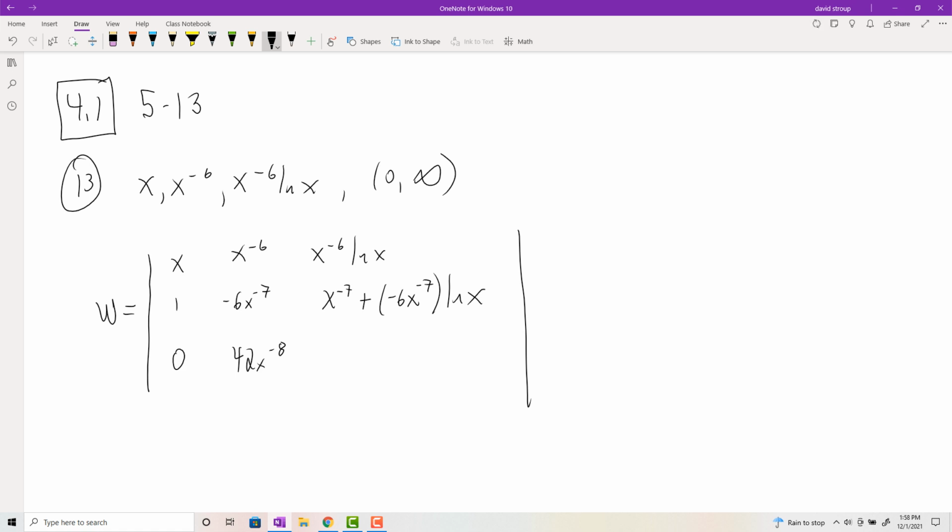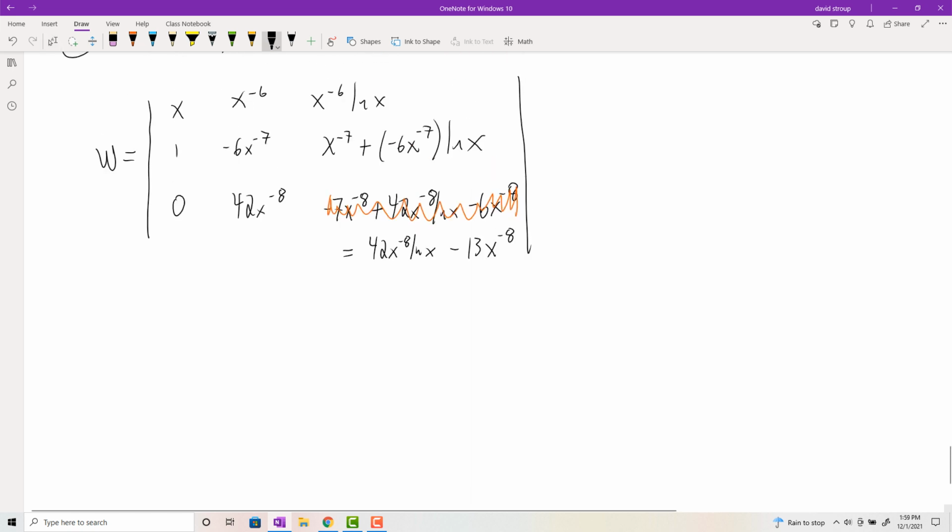And then take the derivative of that. We get negative 7x to the negative 8 plus 42x to the negative 8 ln x, and then minus 6x to the negative 8, and then combine like terms on that guy. And looks like we're getting 42x to the negative 8 ln x minus 13x to the negative 8. Okay, just so I don't make any mistakes, I'm going to kind of scribble this part out so I don't accidentally look at that. Okay, so now I need to take the determinant of this, and the way it works